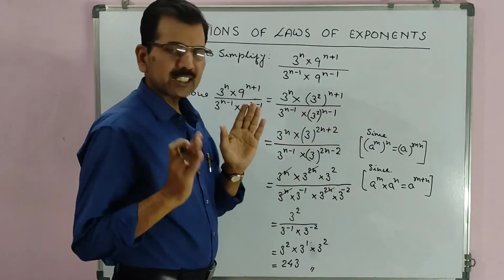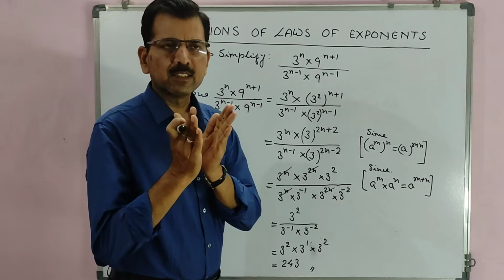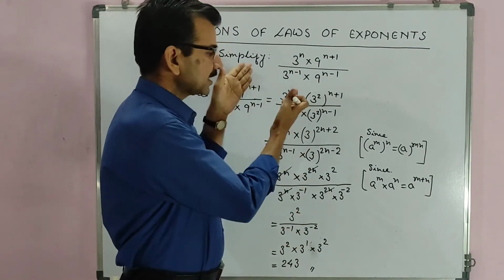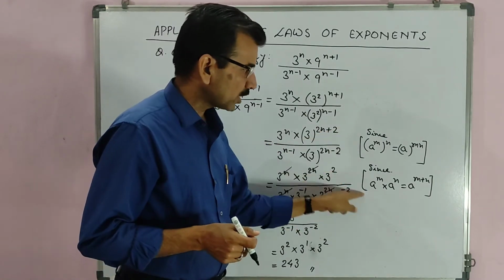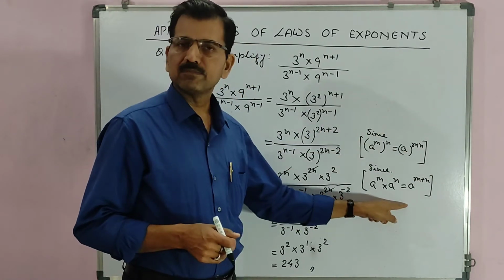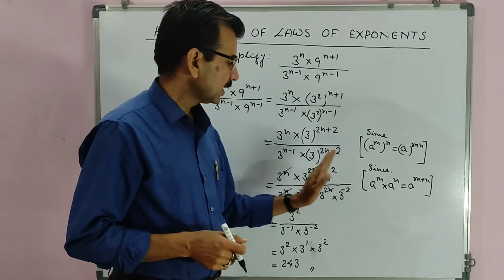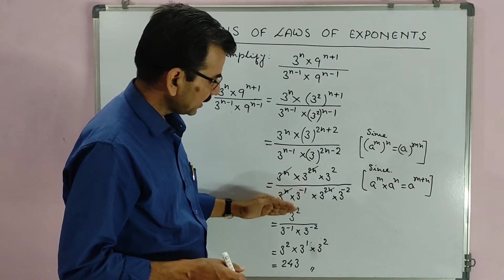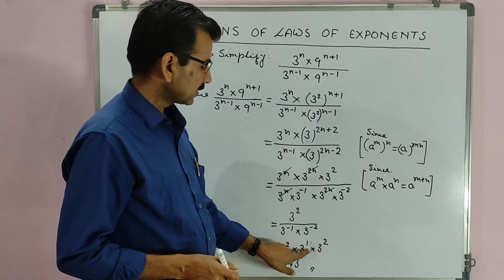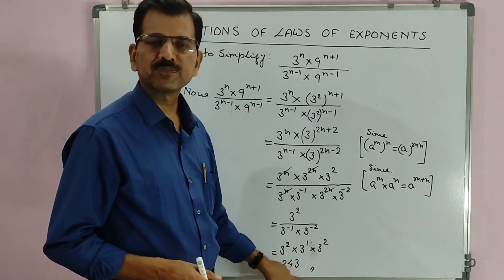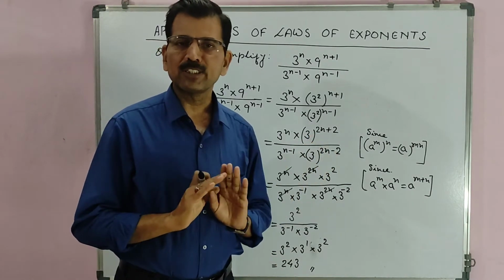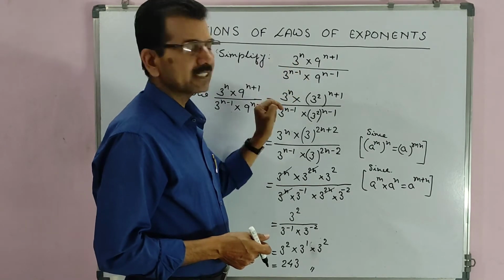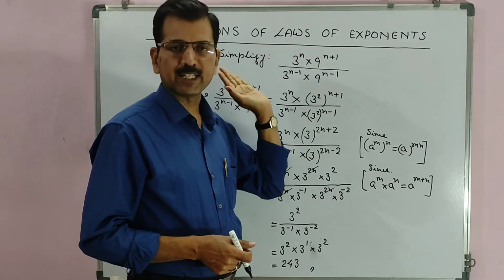So what is important in each question is that hardly 1 or 2 steps are there where we have to understand, otherwise it goes smoothly. The laws we are using, with the help of these laws we proceed and come to the result. Clear to you? Very good. We will see the next question where plus and minus sign is involved.